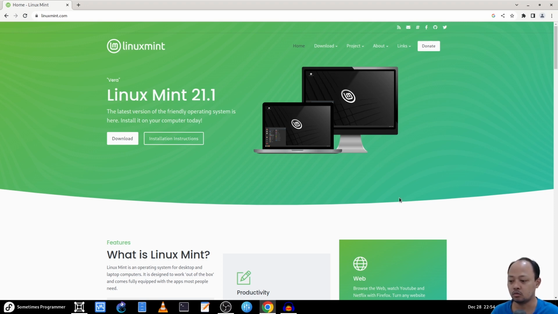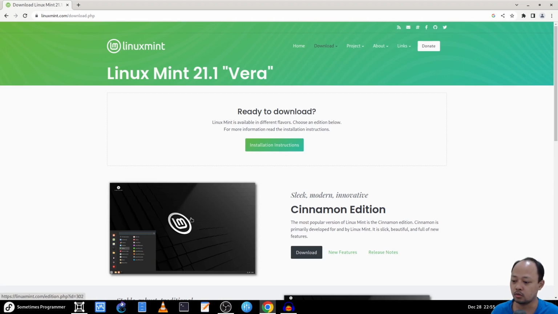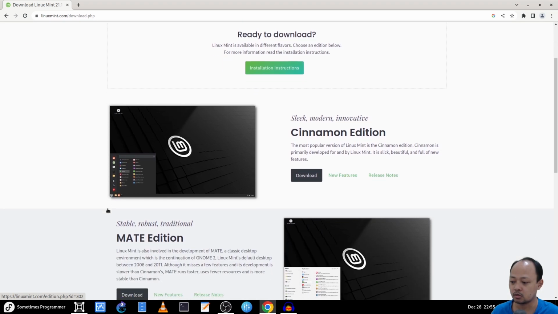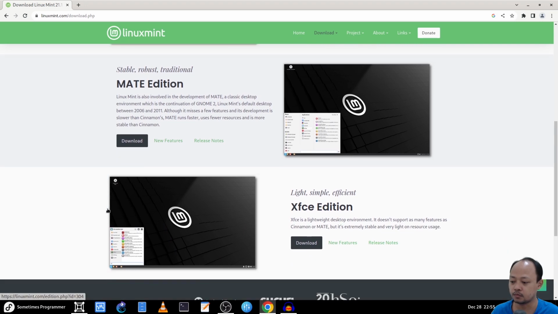Let's go to the official website of Linux Mint, and we can download the ISO by clicking this download button. After clicking, we will be directed to a page where we can see the 3 versions of Linux Mint that we can download.